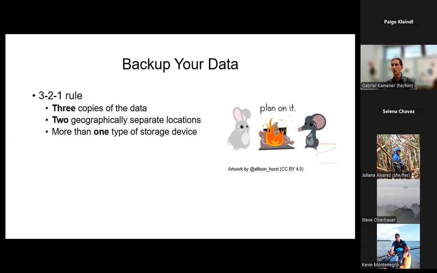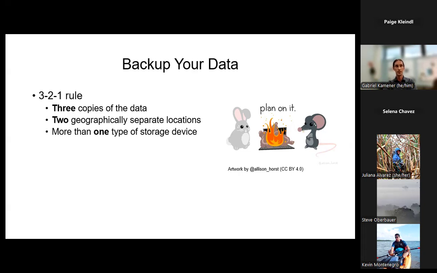I just want to provide an example from this past November. The EDI data repository was hosted at the University of New Mexico's data center, and they ended up losing power at that data center after a severe blizzard knocked it out. It was a few days before the power was restored, and so folks were not able to get data from the Environmental Data Initiative repository at the time. But FCE has copies of all the data that we publish in the EDI data repository, and so I was able to work with folks and get them the data they needed because we keep copies